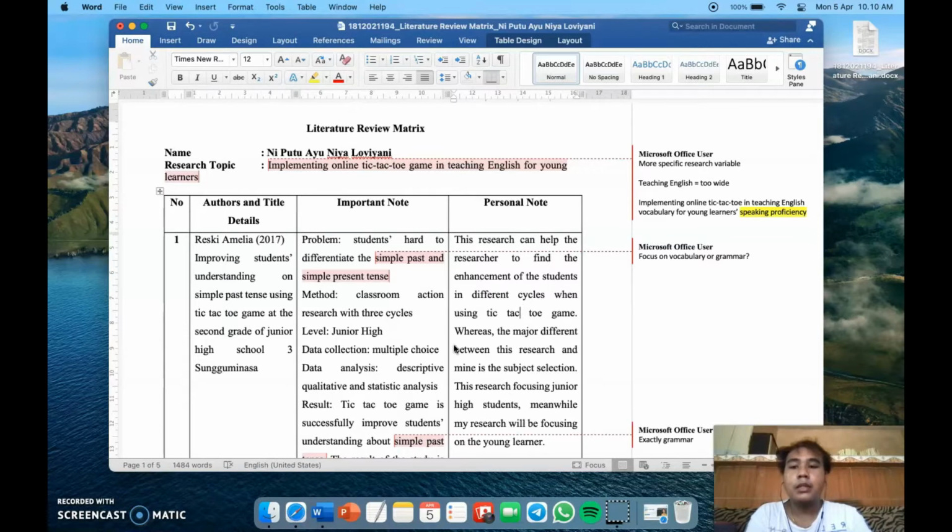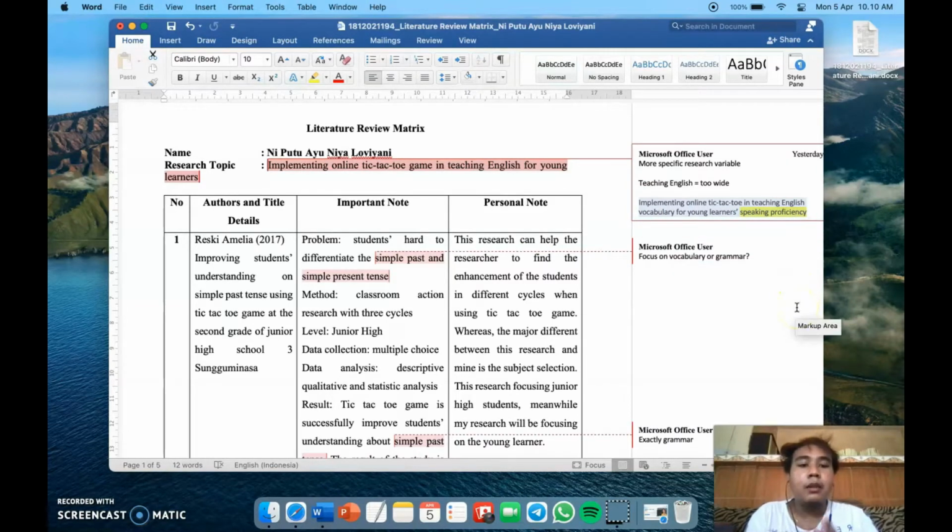writes that the research topic is implementing online tic-tac-toe game in teaching English for young learners. So here I would like to give a suggestion for Nia to make the research variable more specific, because I highlight this one: teaching English is too wide to conduct the research. So you can make it more specific by using the example that I have prepared for you, like implementing online tic-tac-toe in teaching English vocabulary for